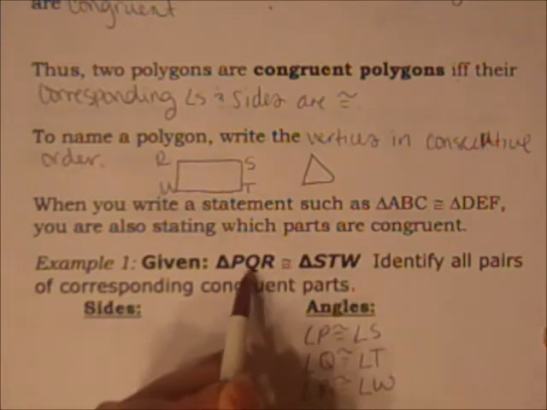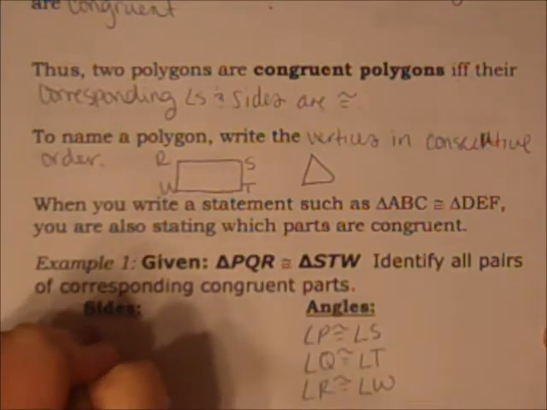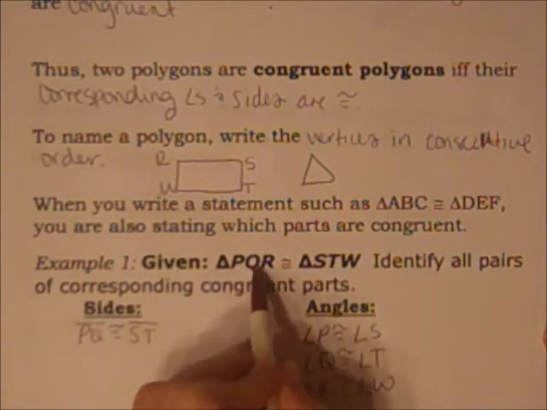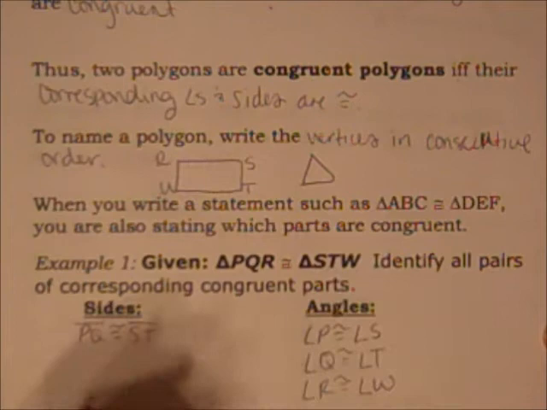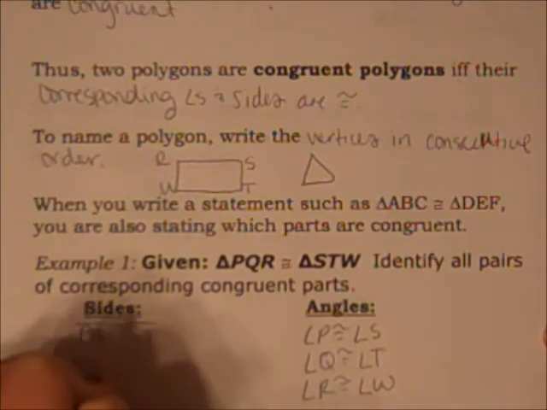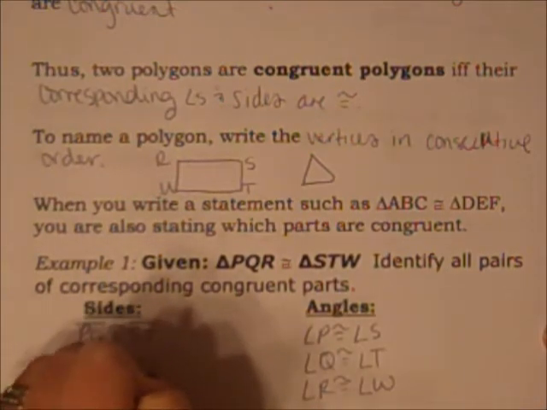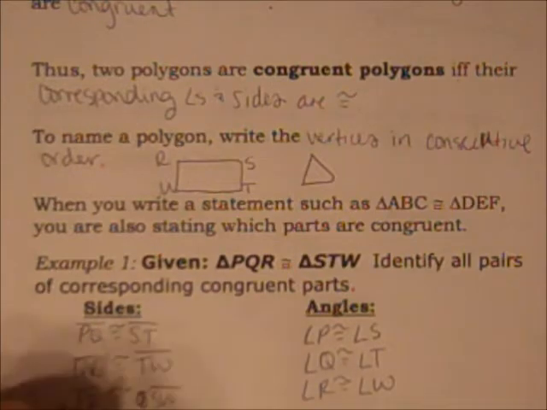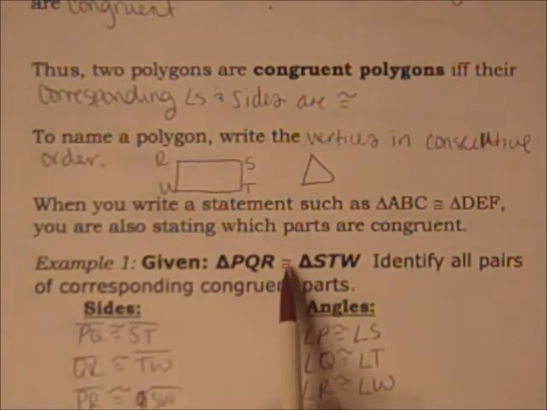Same thing with the sides here. Side PQ is congruent to side ST because first, second here, first, second here. QR is congruent to TW. And lastly, PR is congruent to SW. So if you can get a statement and know all these things about it, it's also important when you're